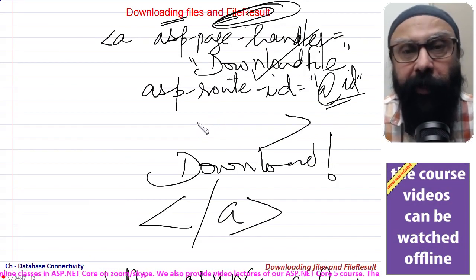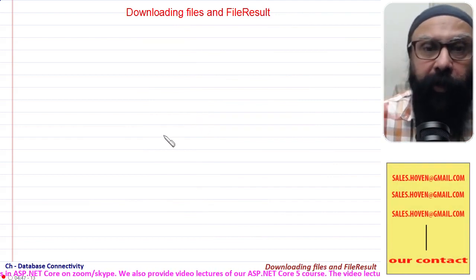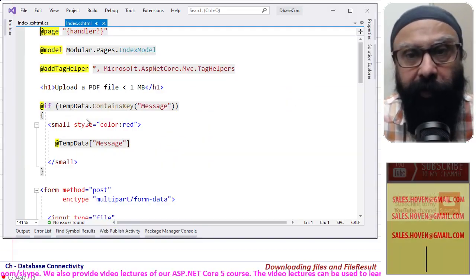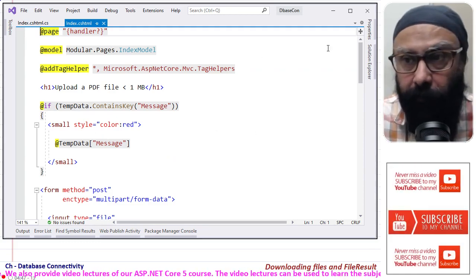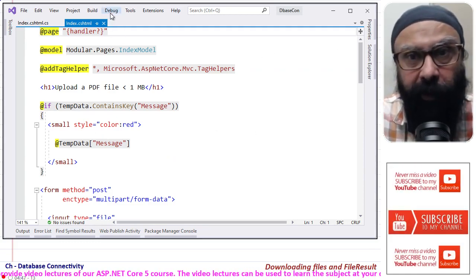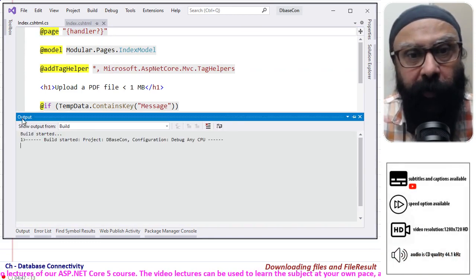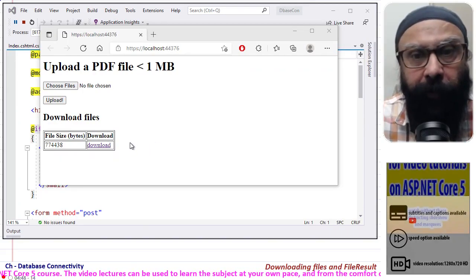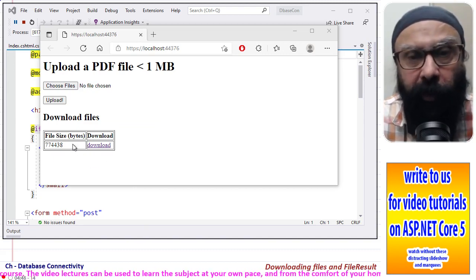Now I have created a simple project that you can have a look at, and then we can see the various parts in action. Let me first run this so that you can see what we are going to do. If you remember, in the previous tutorial we uploaded a file and that appeared in the download